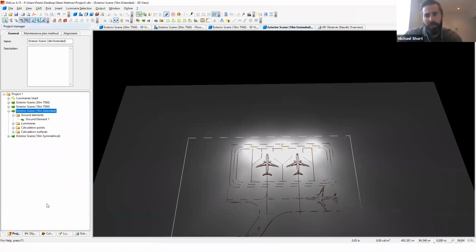Paolo, do you have to account for upwards glare, which would be light overspill potentially for, let's say, pilots who might be flying in? Is that part of a consideration in this process? It's not part of the glare itself. That would be the ULR, the upward light ratio, which in many countries is regulated. So, for example, the most accurate normative regarding this aspect is the Australian, the MOS 139, I think it is,